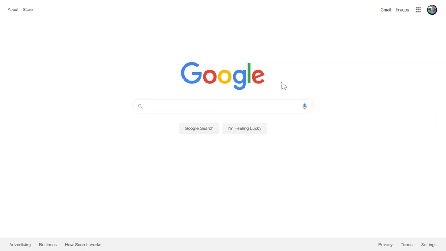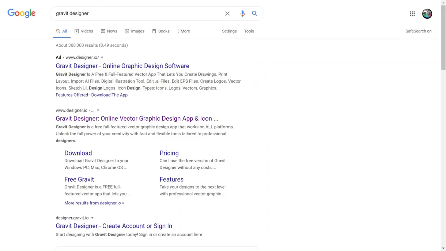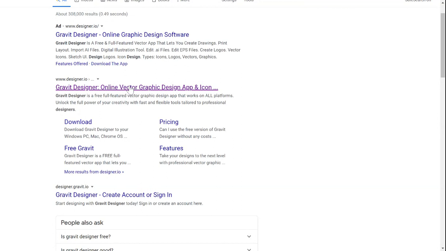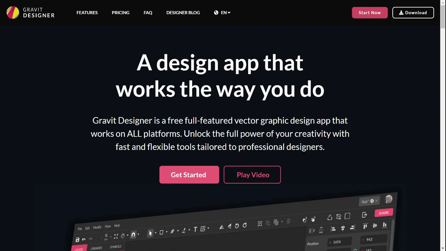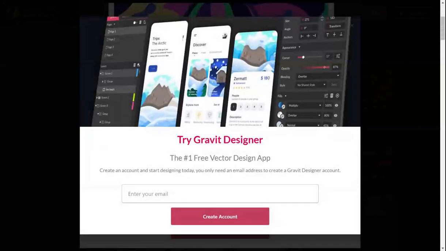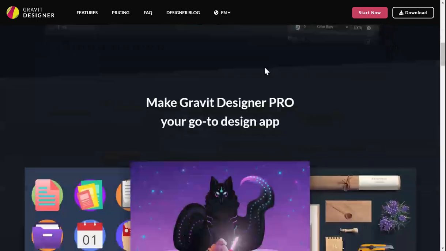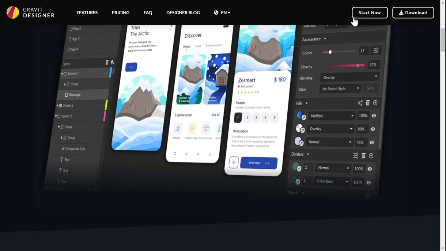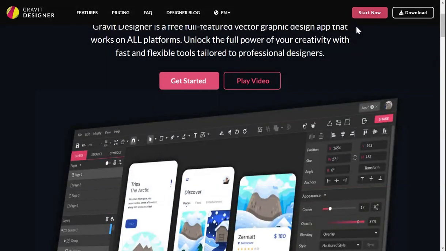So the first thing you want to do is go to Google and search Gravit Designer, like this. Gravit Designer is the software I use to make my cards because it's very easy to use. You'll click on it here, and then you can choose to download it as a desktop app, or you can just use the online feature. I'll use the online feature for this, but I do have it downloaded on my computer as well. So you want to click Start Now,